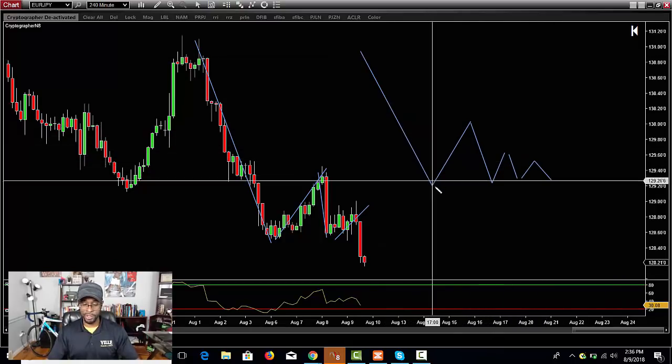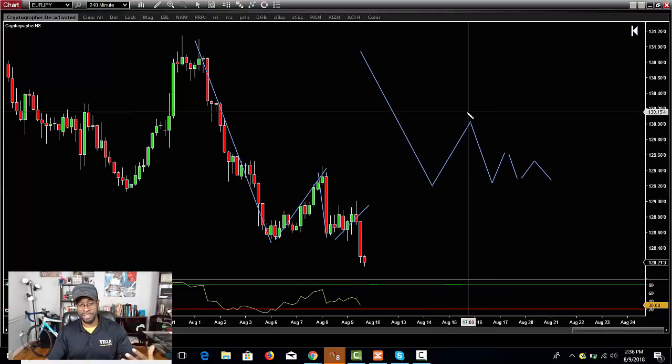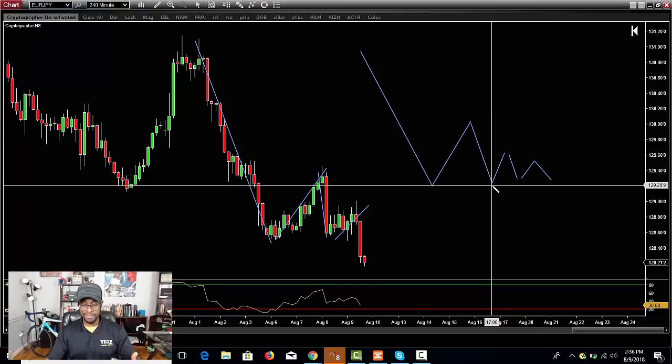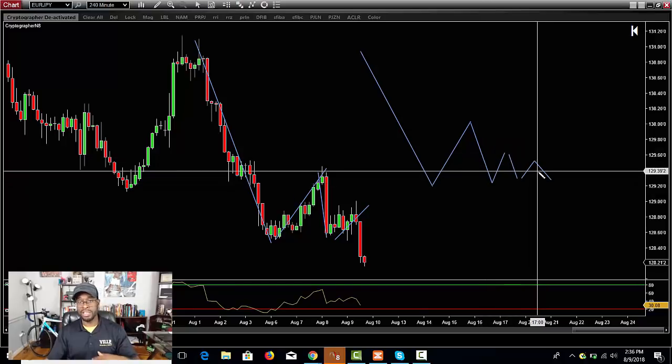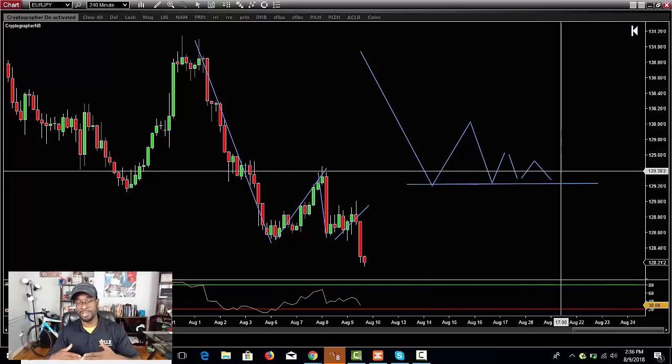Price action falls, we get a big bullish retracement showing some buying pressure. We come back down to retest that level, and then each retracement after that is smaller and smaller, meaning we see less and less buying pressure. And as we see less and less buying pressure, as the buyers are unable to push the market up even higher, it's only a matter of time before we see that breakout to the downside, before the buyers give up and say,